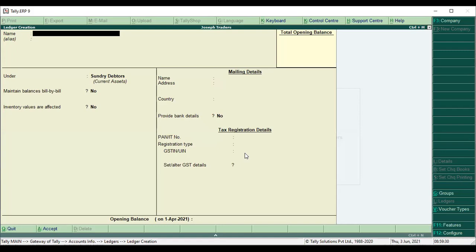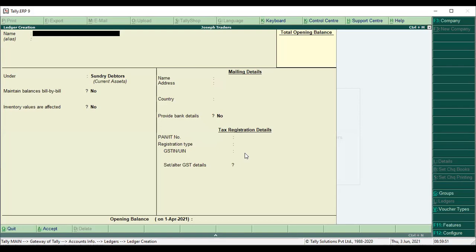You cannot create your own ledger. We have created purchases and party name ledger. Any other ledger to create?